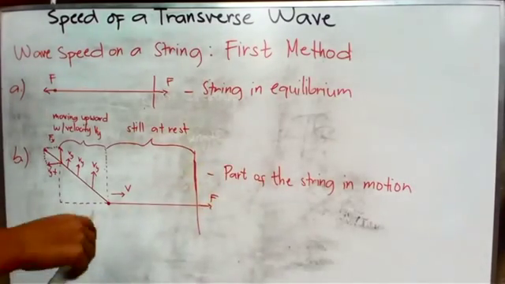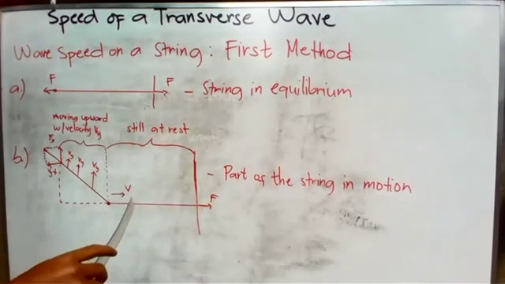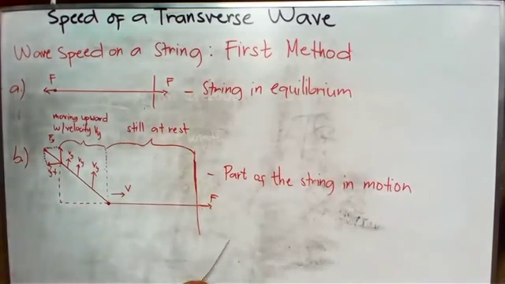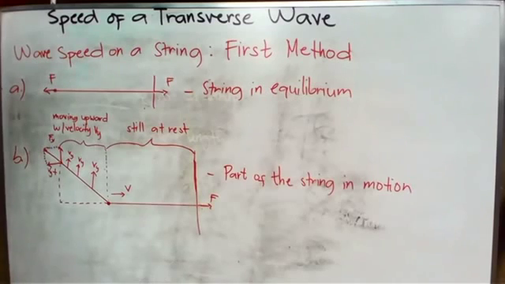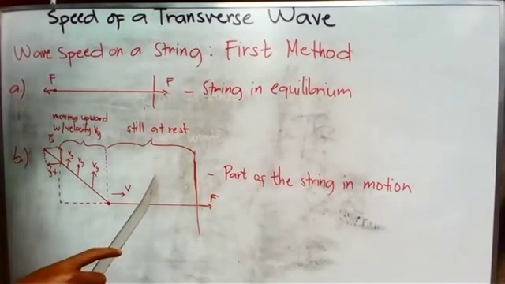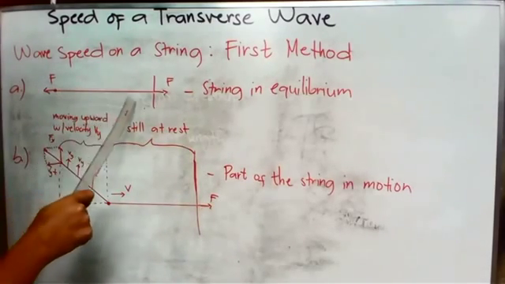When a portion of the string is displaced from equilibrium, the mu decreases a little, since mu is mass divided by length, and the tension increases a little. So ignore the weight of the string, so that when the string is at rest, the equilibrium position is a perfectly straight line. So you consider this one.